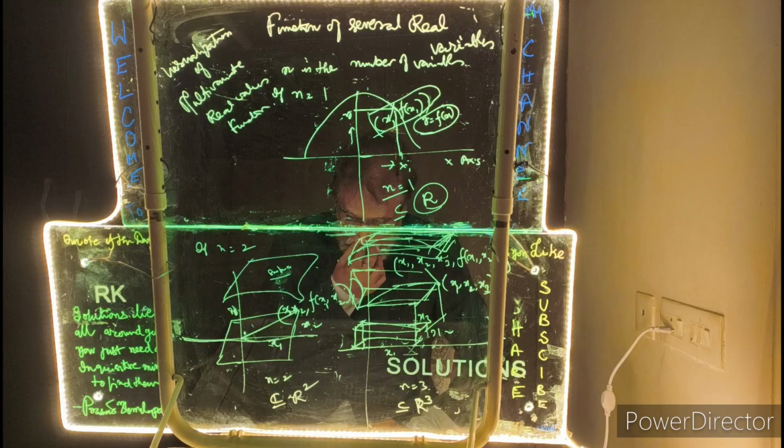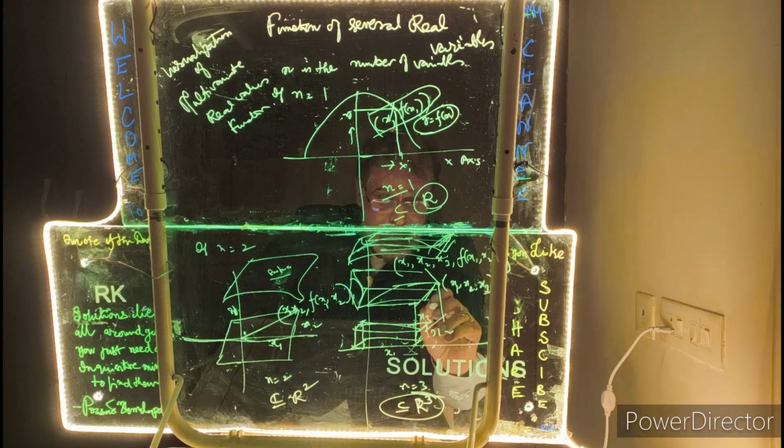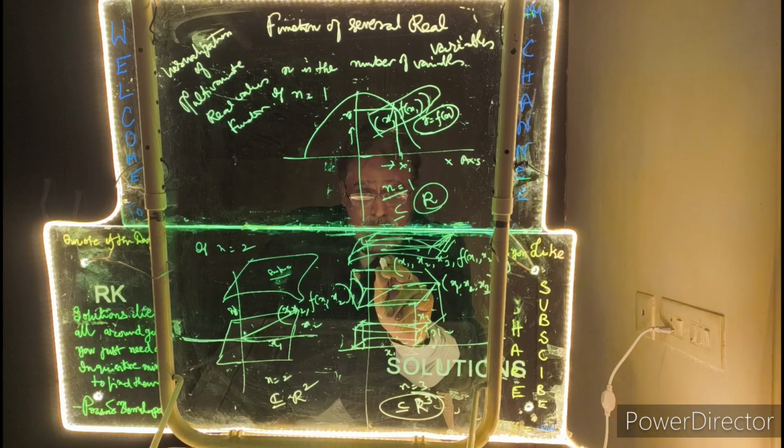This function is quite complicated because it is in the fourth dimension. Basically, we have already used three dimensions here, x1, x2, x3, and this is the other dimension. So this gets quite